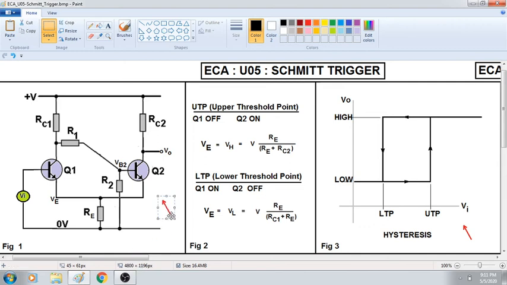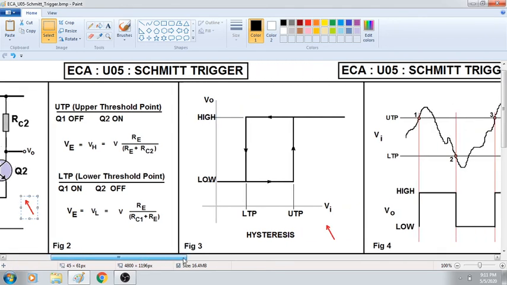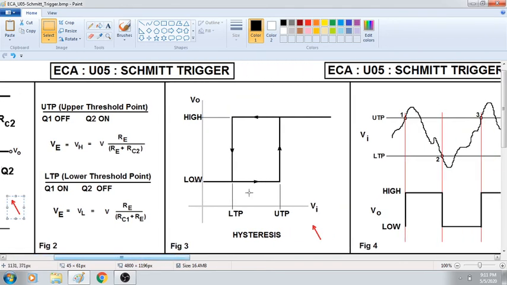Okay, so please remember these points. Now what you have to practice is draw the circuit correctly, know how to calculate the threshold points, and then understand the meaning of hysteresis. I gave a very brief introduction, and you try to study a little bit more, try to understand that, then we will discuss more through problems.